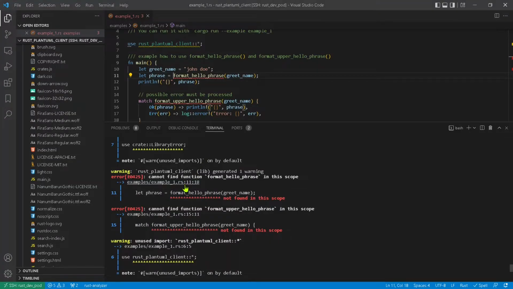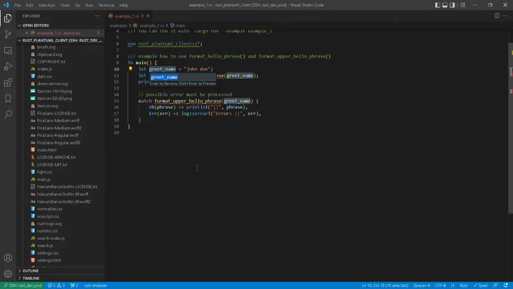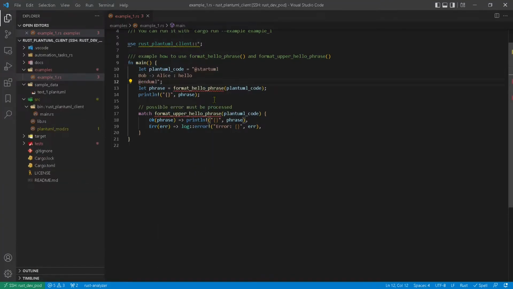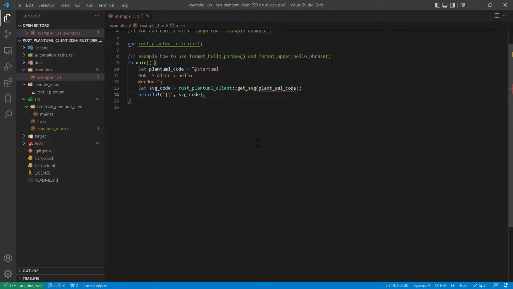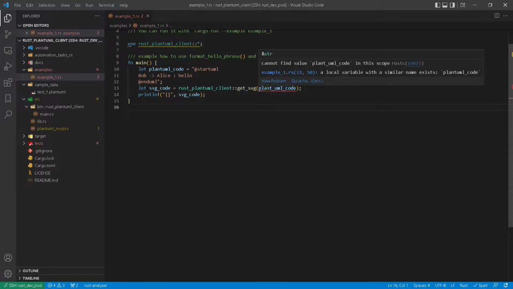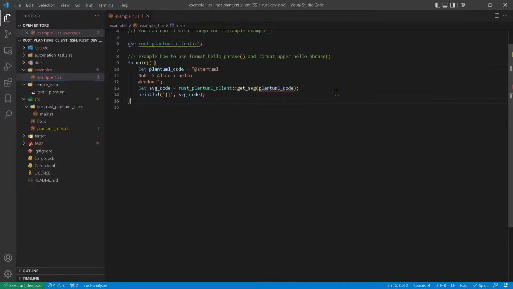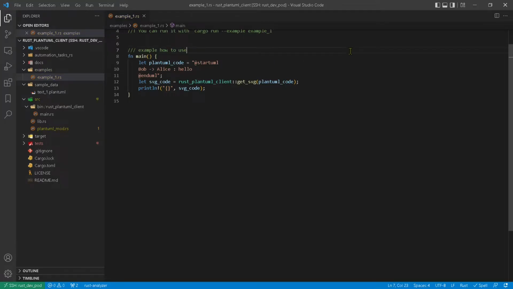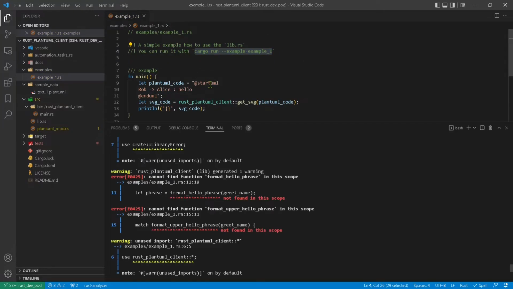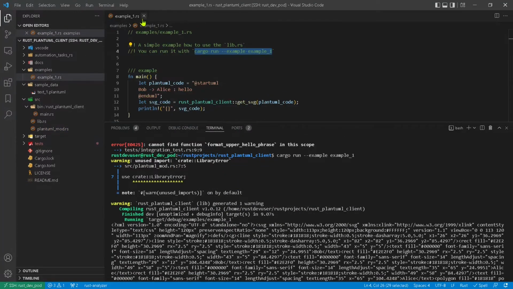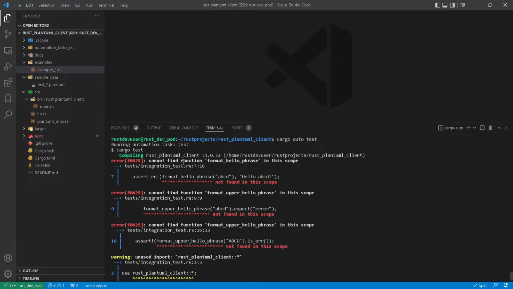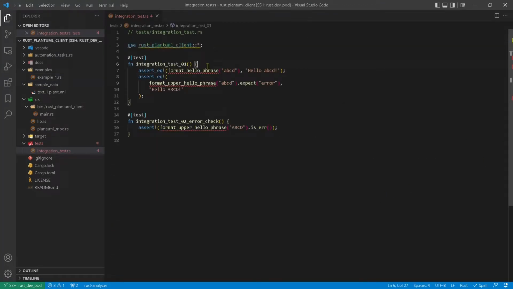Control-click the link to open the file for editing. We can rename the old symbols and change the old code. Rerun cargo auto test and control-click the next error we need to correct.